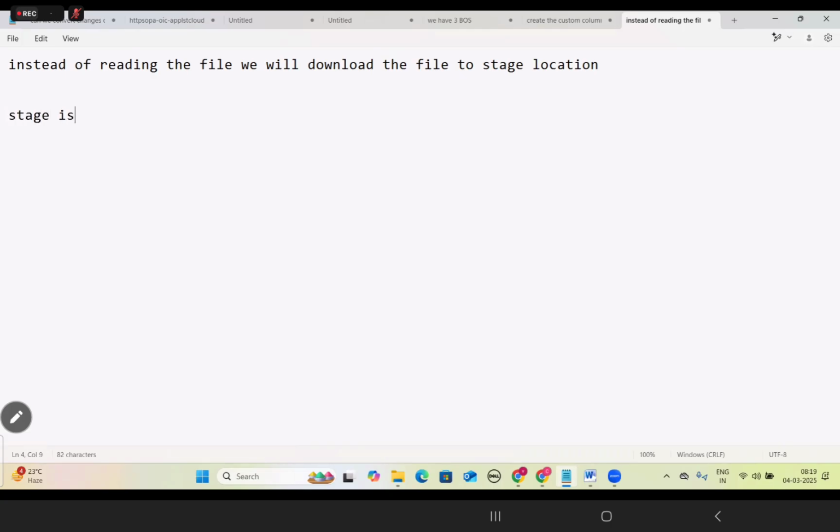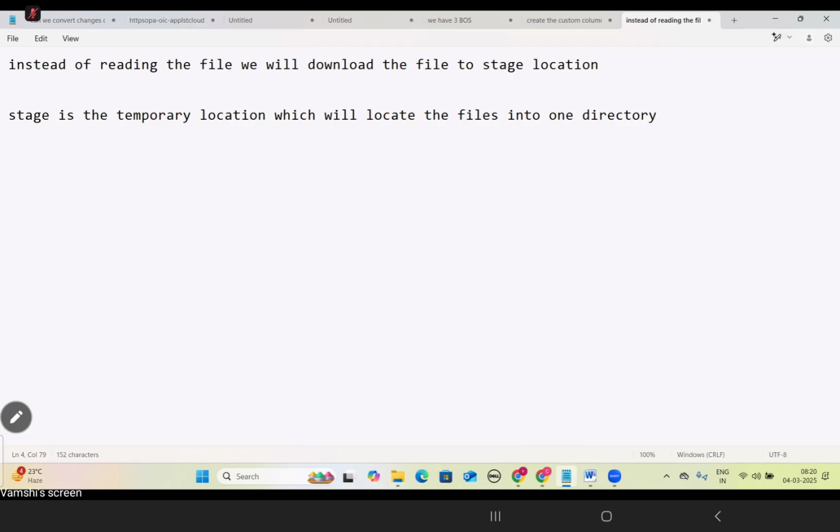Stage is the temporary location which will locate the files into one of the directories.